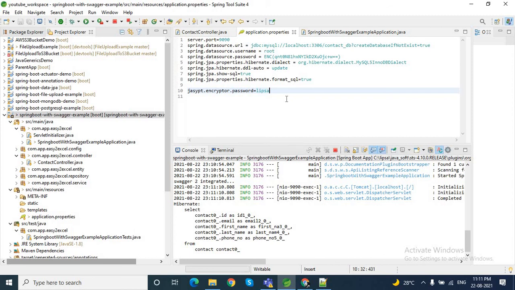So that's how you can refrain from adding the actual password in your properties file or YML file. Instead of using the actual password, you can use the encrypted value. Hope you understand how you can encrypt the properties file attribute in application.properties or YML file. You can use this logic to encrypt the database password, or any secret key inside your application.properties file.